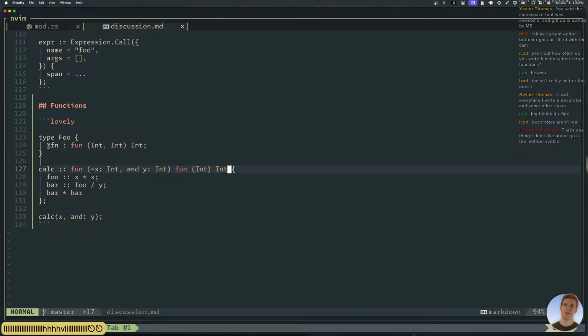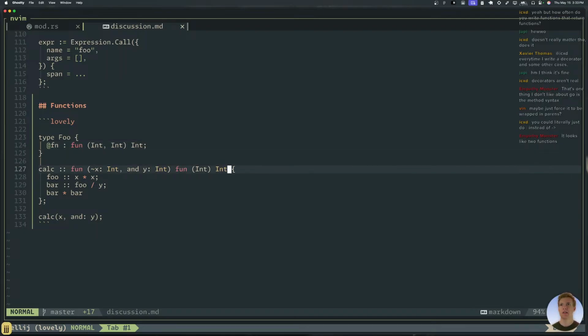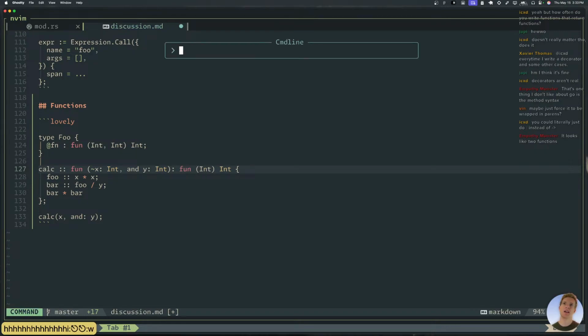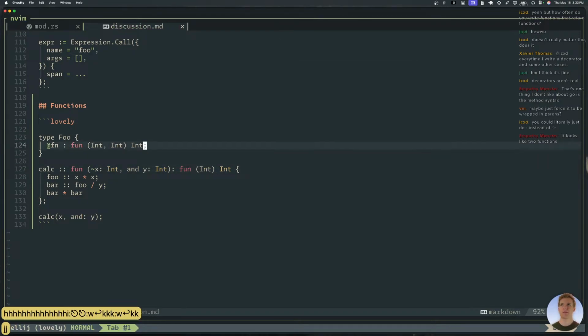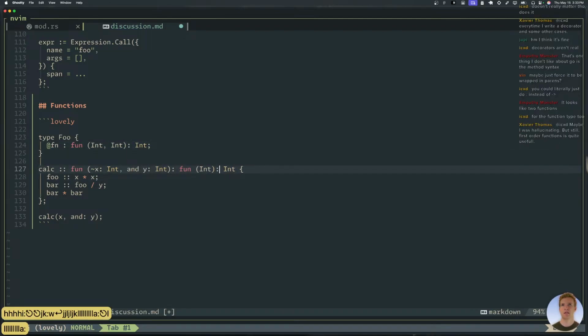Should we just say this is fine? We can always change it later. You could literally just do colon instead of that. You mean like TypeScript? Like that? Yeah, we're already using colon for a lot of things though. We're really only using colon for one thing actually, for the function type too. Then that looks really kind of trippy, like there and there.